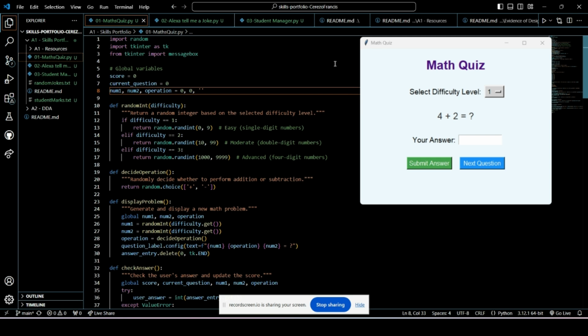So let's start off with Math Quiz application. This Python program is a math quiz application built using tkinter library for its graphical user interface, or the GUI. The program presents users with randomly generated math problems, allowing them to select difficulty level and track their progress throughout